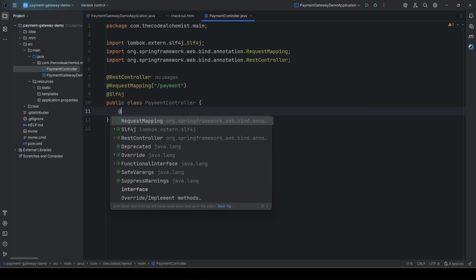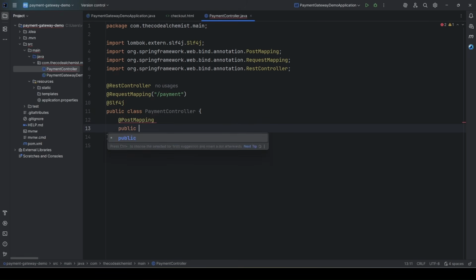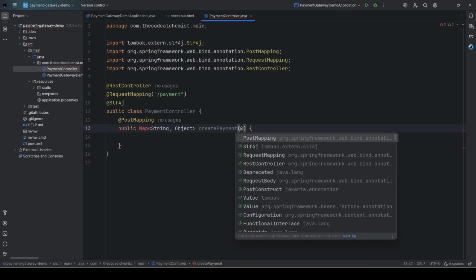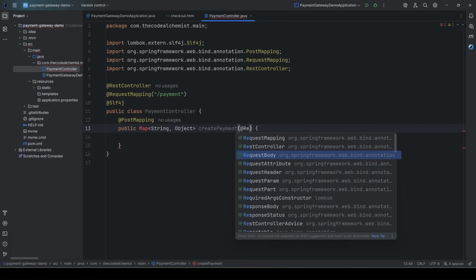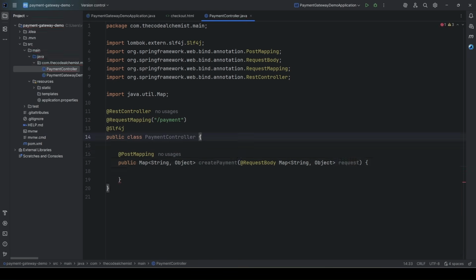Then we would add the post mapping. So we are exposing an endpoint and we are accepting the data coming from the UI using a request body using